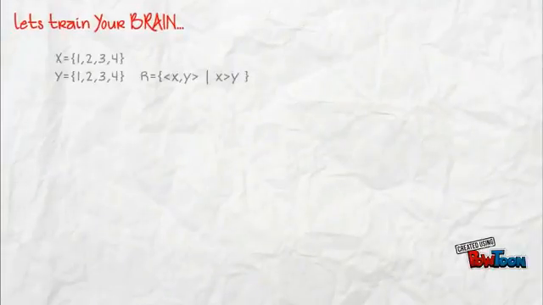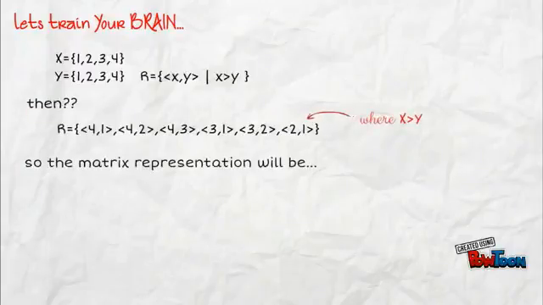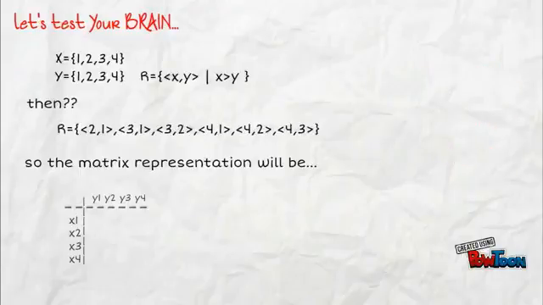Let's test your brain. Consider X equals 1, 2, 3, 4, Y equals 1, 2, 3, 4 and relation R where x is greater than y. Then our relation R will be the set of elements where x is greater than y. So for the matrix representation, first remember our rule. So we will make a matrix of those elements that exist in our relation. So the required matrix will be